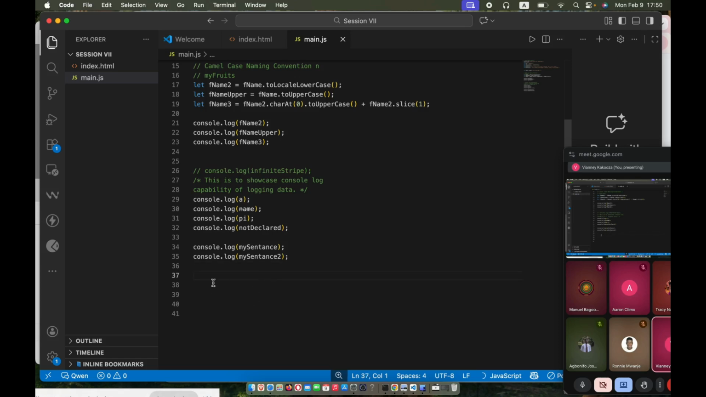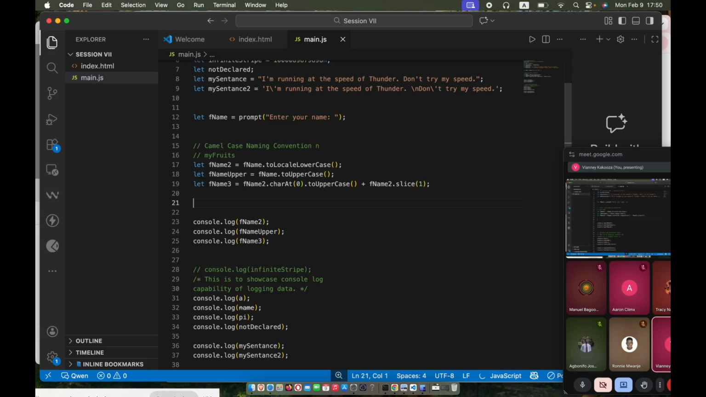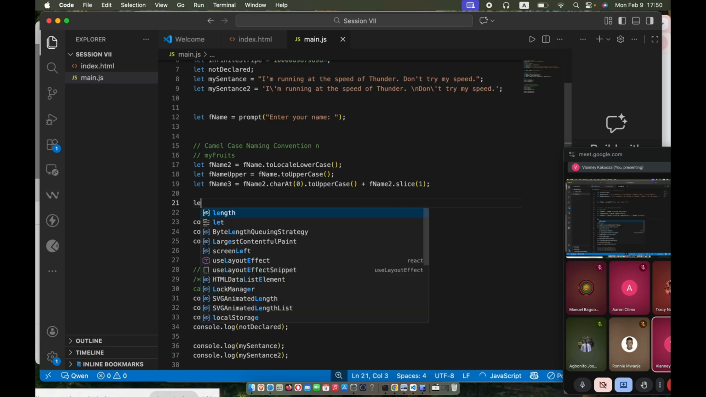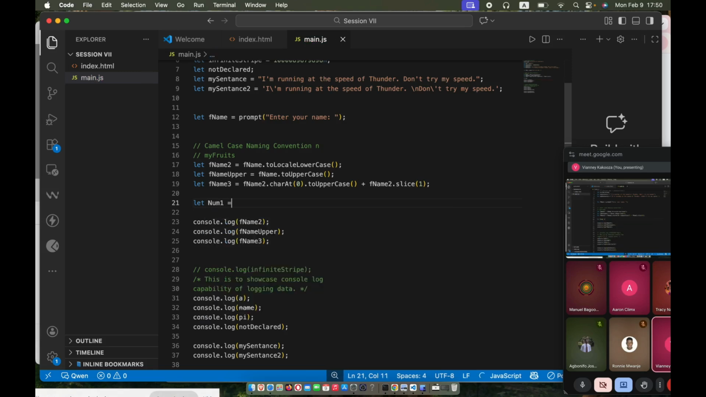Okay, so multiplication, addition, and things. Maybe we can have, this is where we declared, so I can say let num1 be assigned to